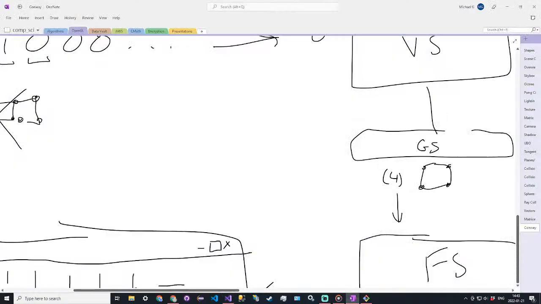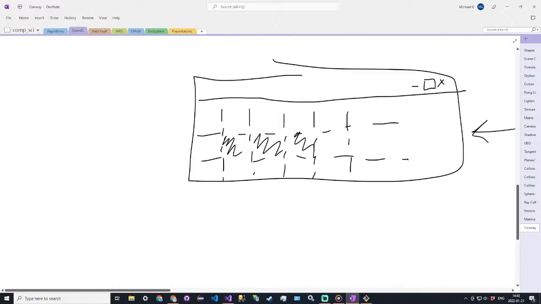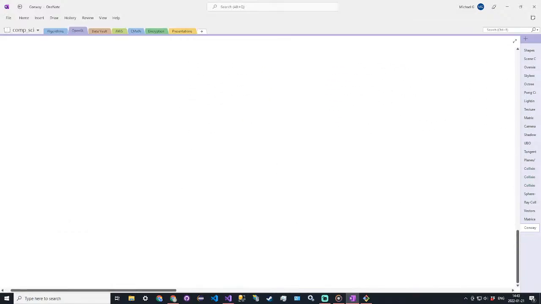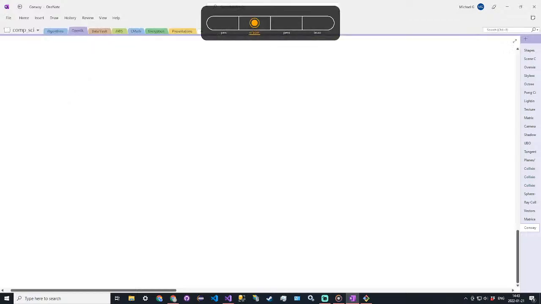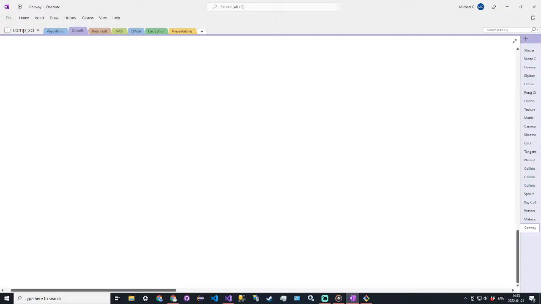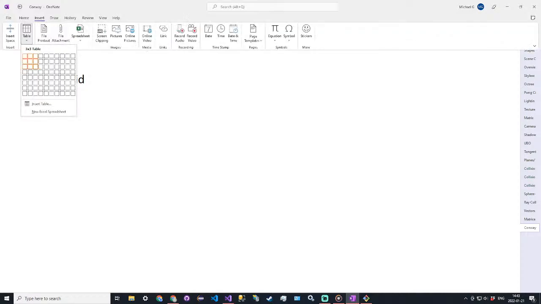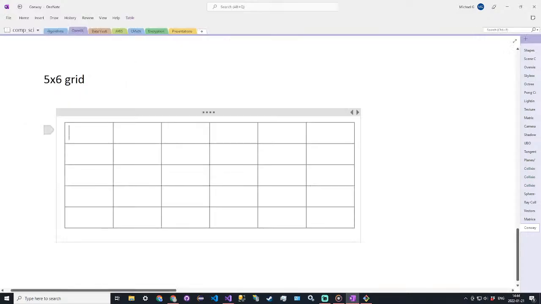So back in OneNote here, if we have a 5 by 6 grid, okay, this isn't working, so I need to type this out. So we have a 5 by 6 grid, and I'll just insert a table here, just like that. So this is our 5 by 6 grid here,